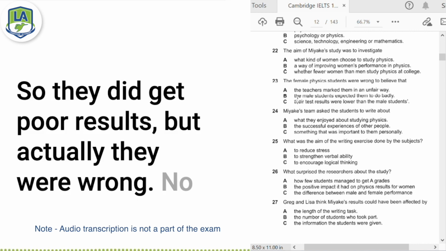This is how you have to solve your MCQ, single or multiple, guys. Nothing difficult. You need to go with the audio, understand the question. If you understand the question, you know what the speaker or what you actually need to find out. You'll know what you have to look for in the audio, and as soon as the speaker gives you the answer, if you understand the meaning, not the keywords, you will immediately get the answer. So it's not difficult, but make sure you pay attention to detail and look for any changes, any distractions, and any kind of traps. Be careful with that and you'll nail it.